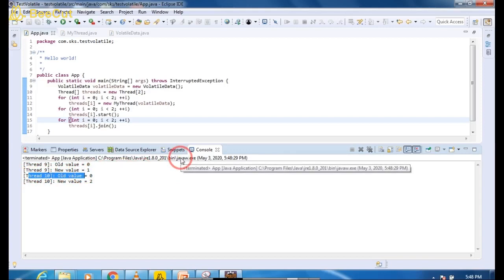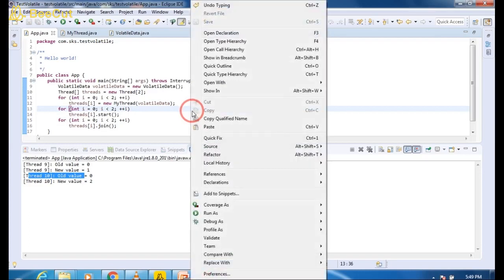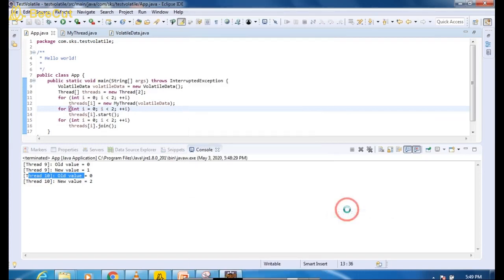Because it's a multi-threading environment and not multiple CPUs, it will not give you a guarantee every time, because the second thread might have executed before the first thread. So you will get this kind of variation. If you run it again,